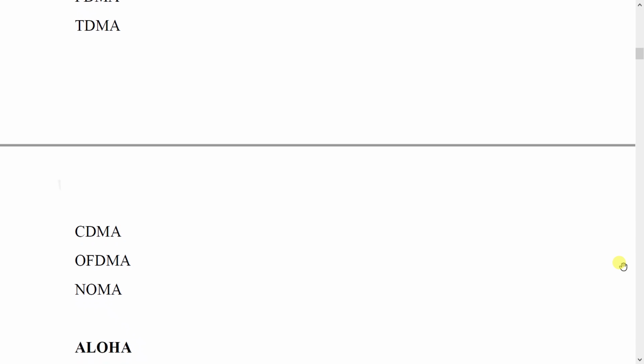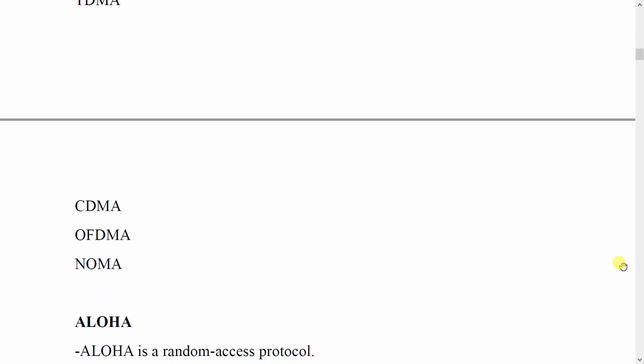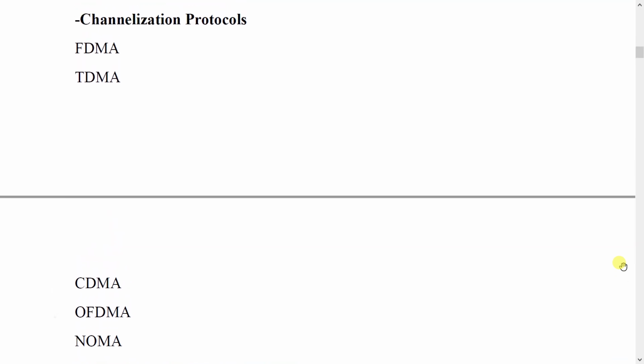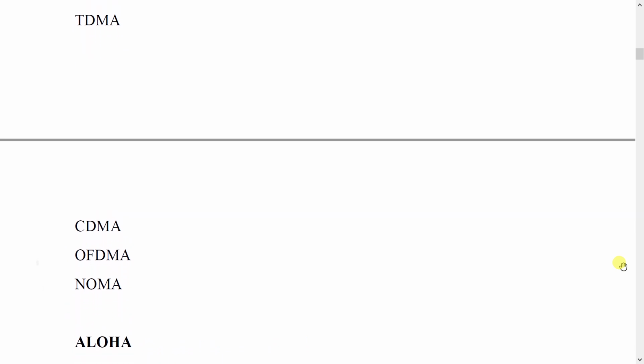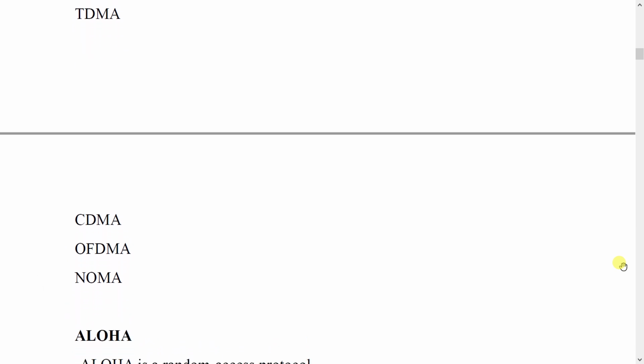You cannot understand what's going on unless you use the same code. And these codes are shared carefully to be available only to the intended receiver, not any other party, third party node. This is CDMA,